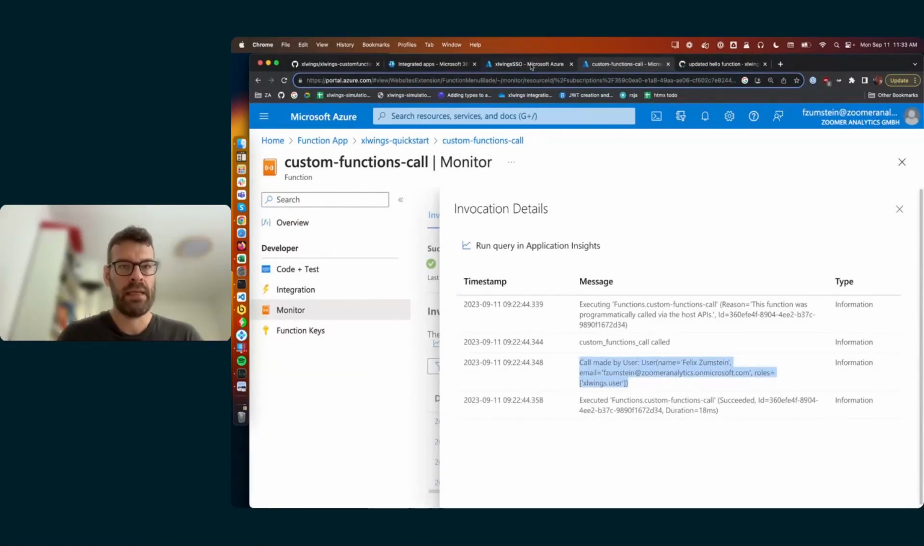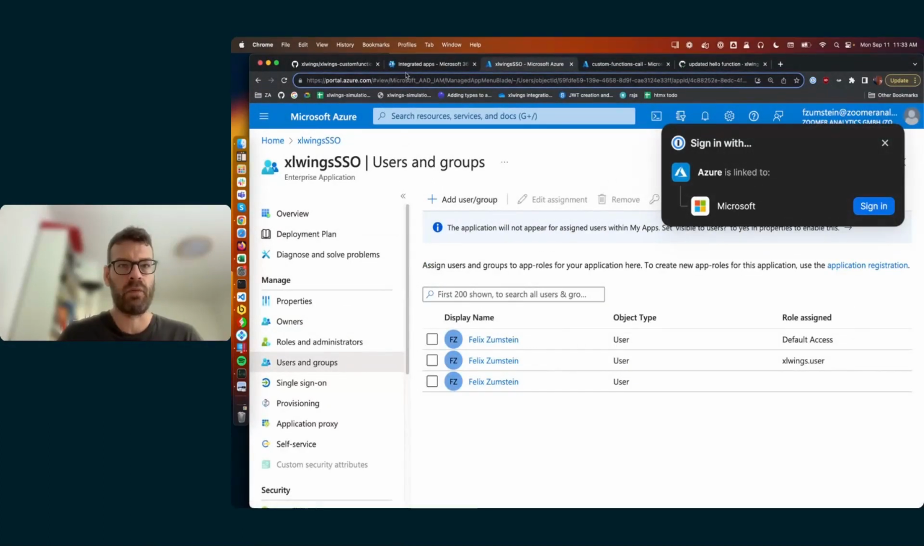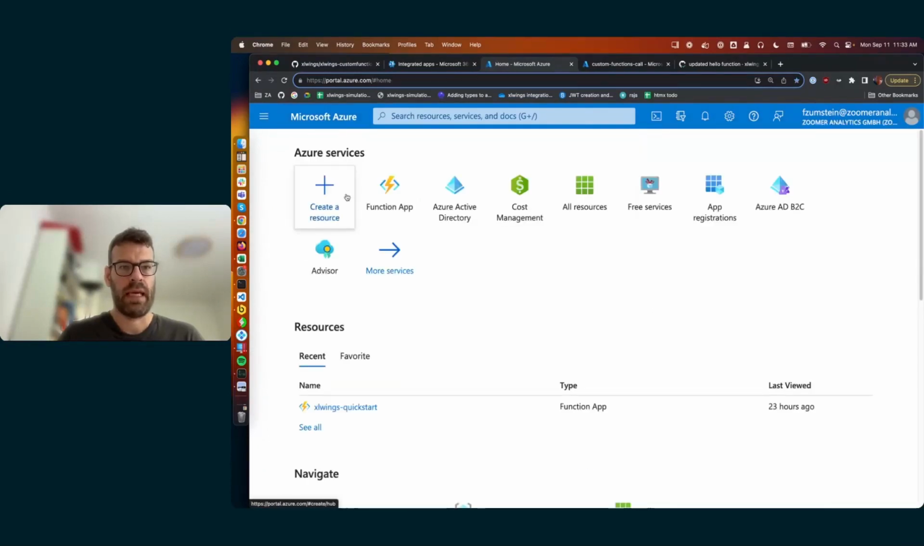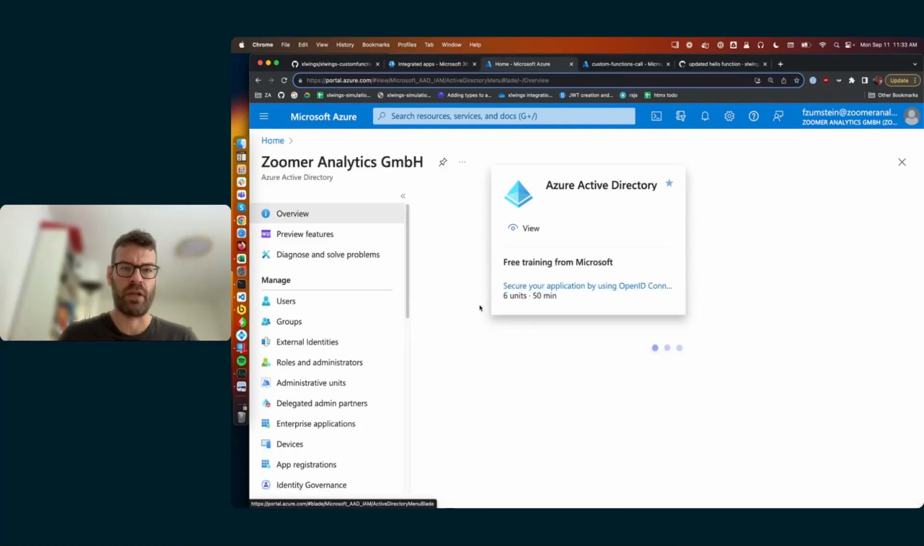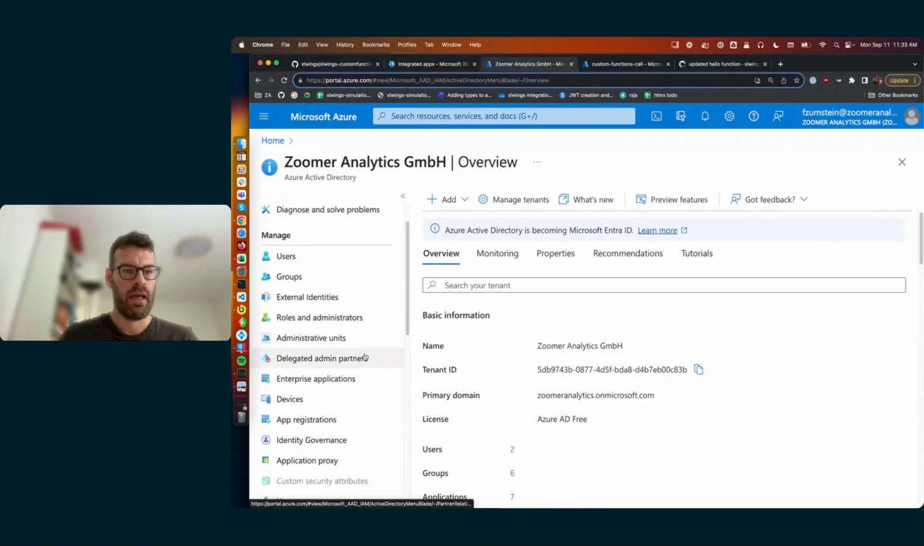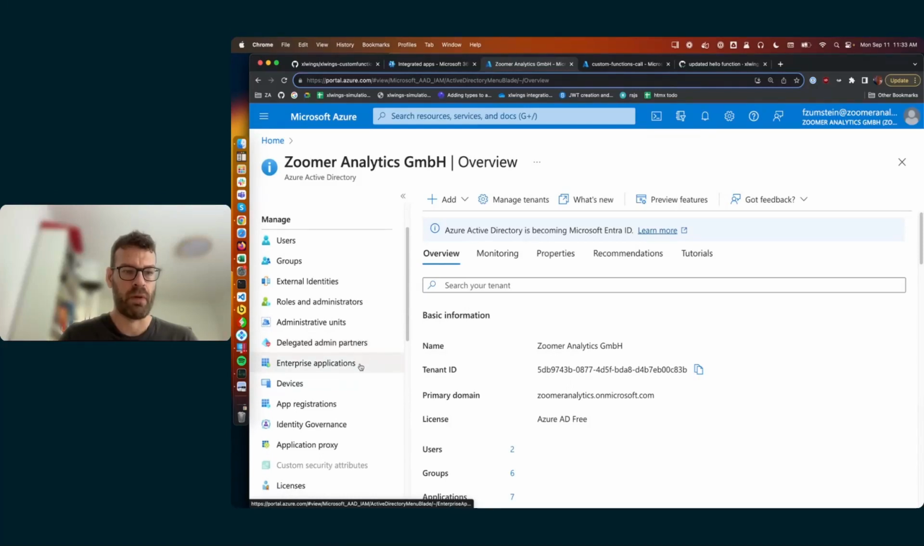So in Azure AD, that's basically when you go into, again, the Azure portal. And again, this doesn't mean you have to deploy your backend to Azure Functions. It will work with any other backend also. So you can go to Azure Active Directory, and then you'd have, for